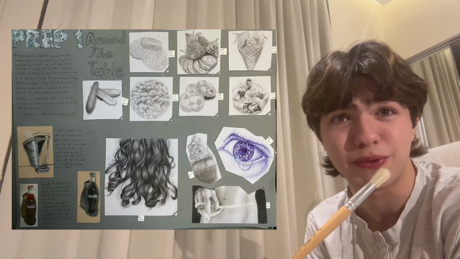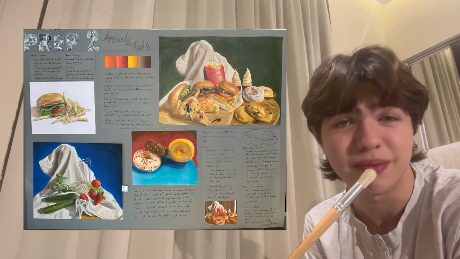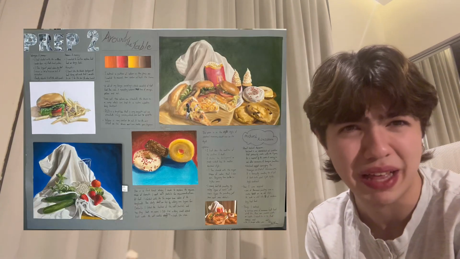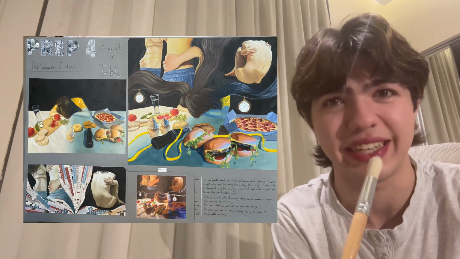So around the table, I had an eating disorder once, you know? I had one. I can totally relate it to this, you know? Well, the one thing that came out of that can be good, you know? Let me do it. So I did. My first prep was all about food, different types of food, junk food and healthy food, blah, blah, blah. Second prep, also that, junk food, healthy food, same thing. Prep 3 was all about artists, and Prep 4 was bringing everything together, the entire idea.